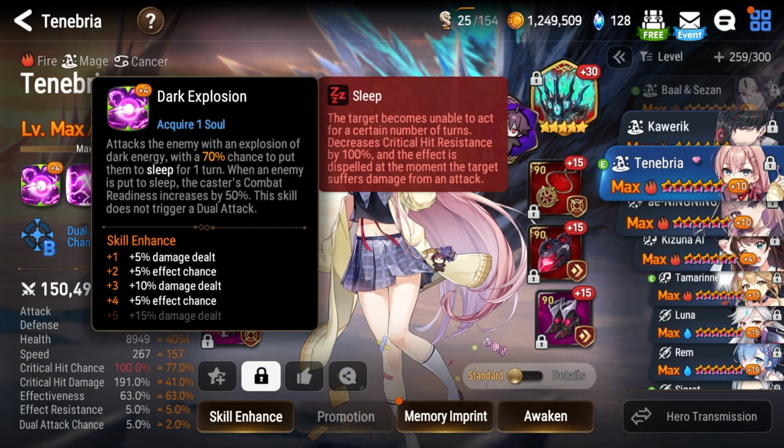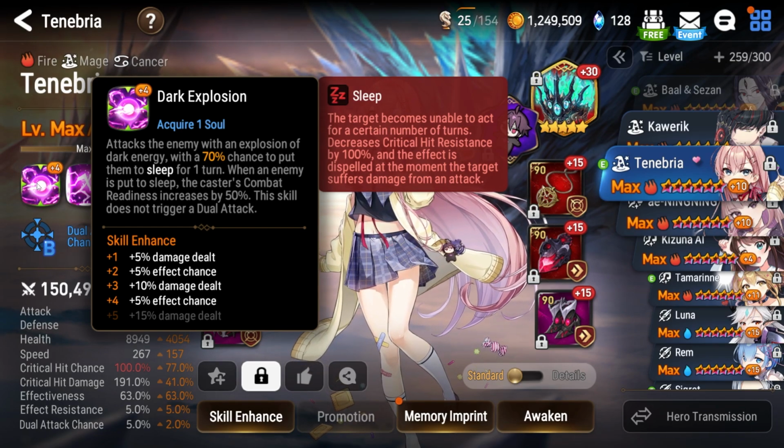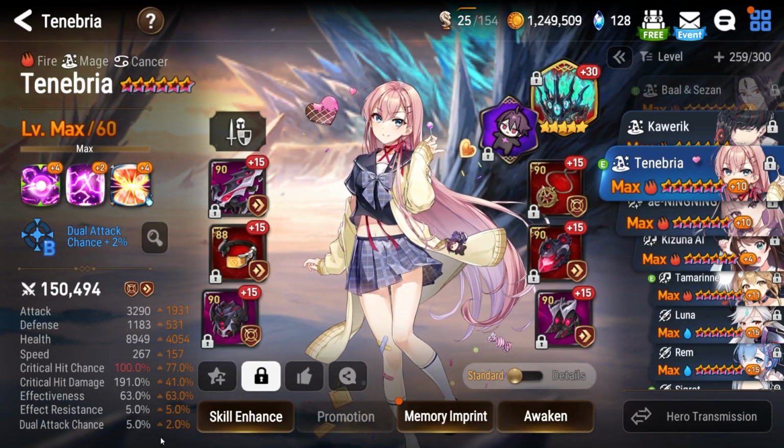Next up is Dark Explosion, which has a sleep chance, and if it actually happens to sleep the target, you'll get a 50% combat readiness increase on Tenebria. Only real stats that are necessary on this character: